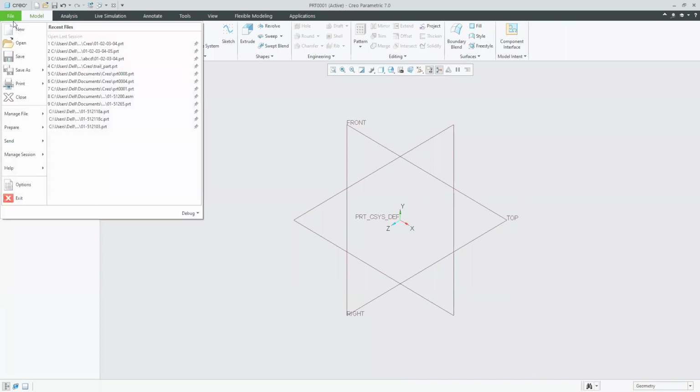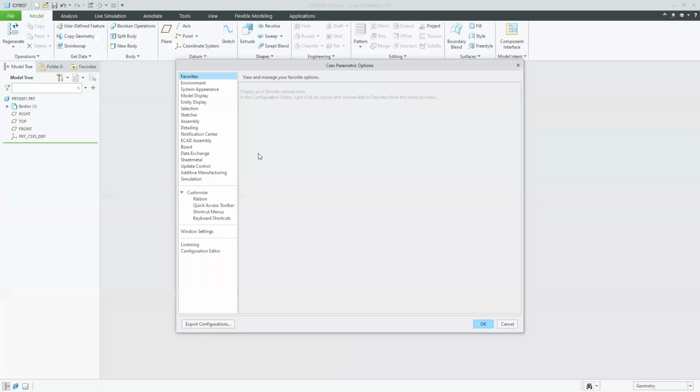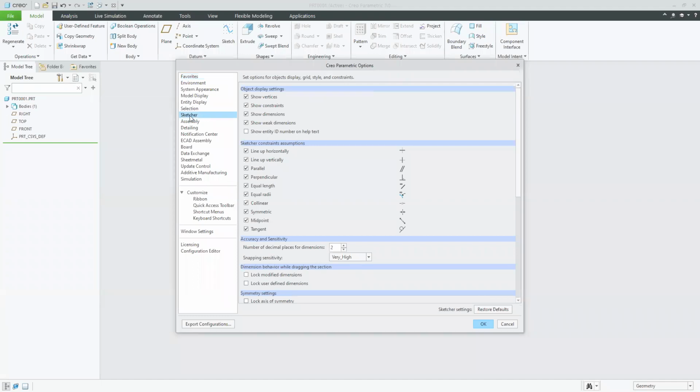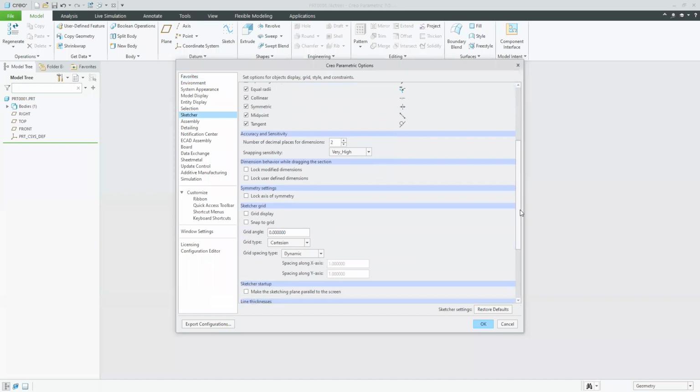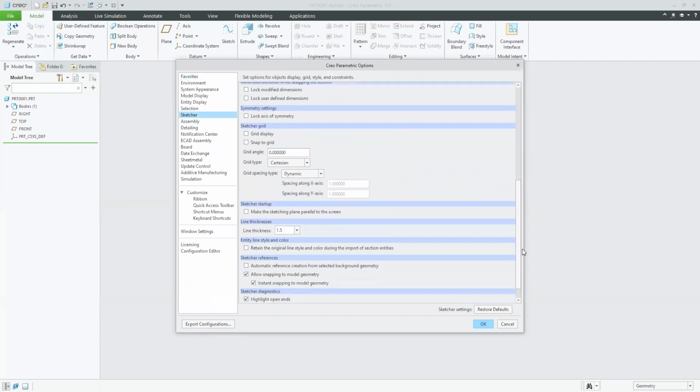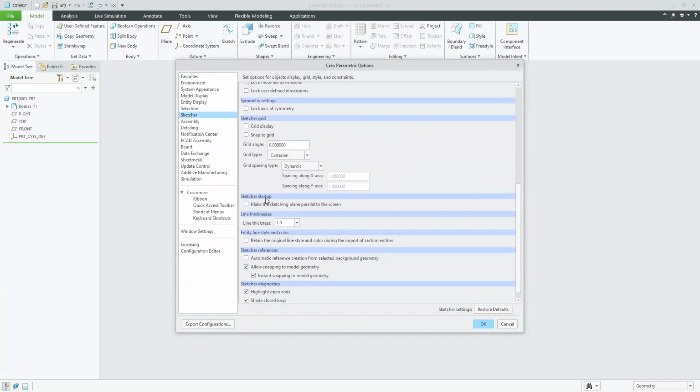So for that, I'm coming in file, coming in options, and in options, I need to come in Sketcher. After coming in Sketcher, come down over here, and here Sketcher Startup. Activate this button: make the sketching plane parallel to the screen. Fine.